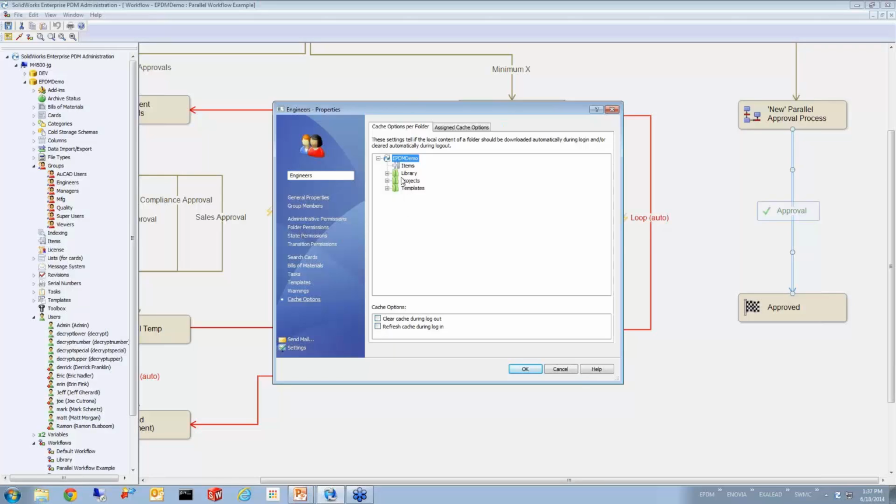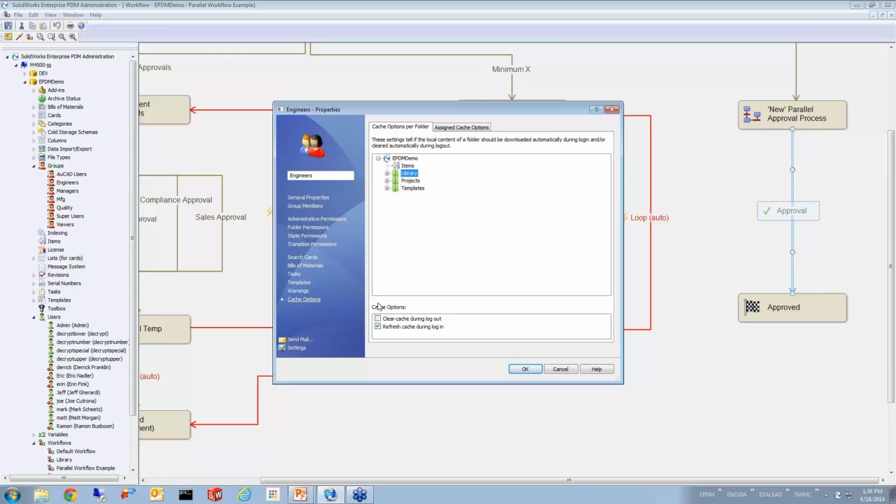The two options I have are refresh cache during login, which will get the latest of anything in this particular folder, and the other option is to clear the cache of a particular folder when you